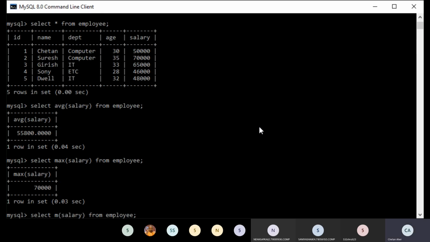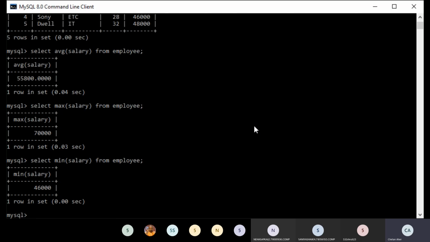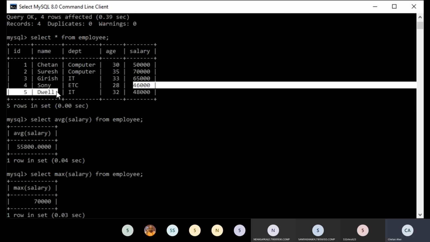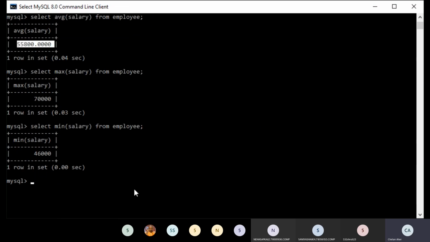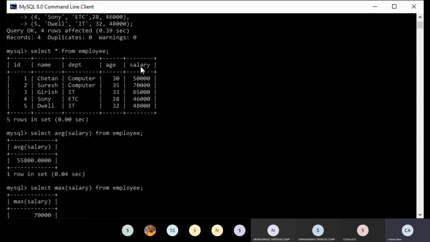For that you have to select the field names. You can try that combination and show me while doing the practicals, as we have already seen in the last assignments how to select a particular record with the where clause. I am just showing you the average, minimum, maximum and summation. You will get the minimum salary from here. Yes, it is the minimum salary. Then you have to check the sum. What will it return? It will return the total salary.